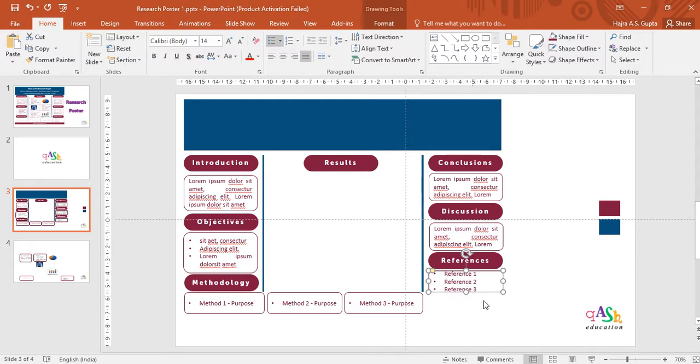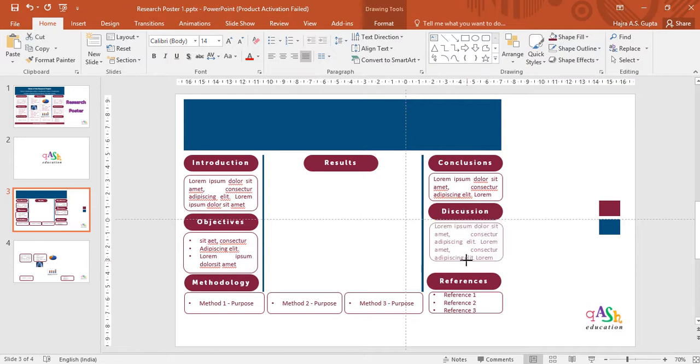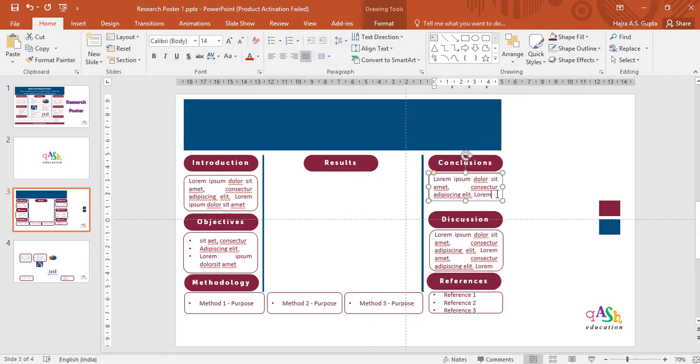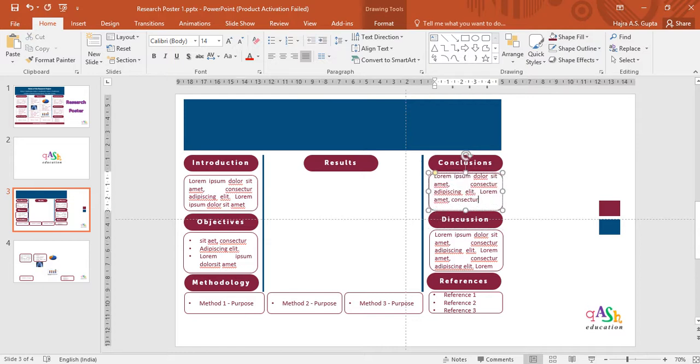So I'm going to shift the content a little. Okay, make some more space for conclusions and discussions. Conclusion is usually longer, so you can have more space attributed to it. Now I'm just creating more text and more information to adjust the research poster. And I think we are good to go from this.